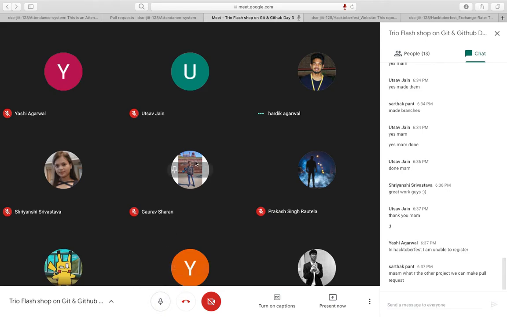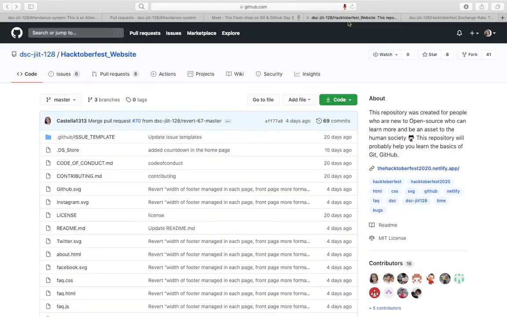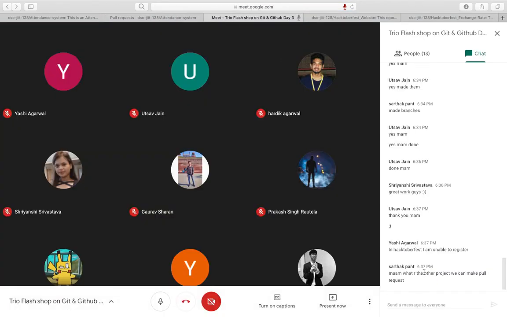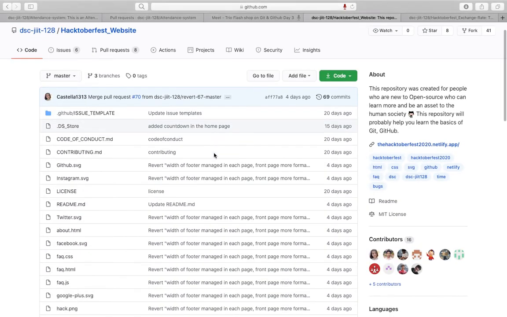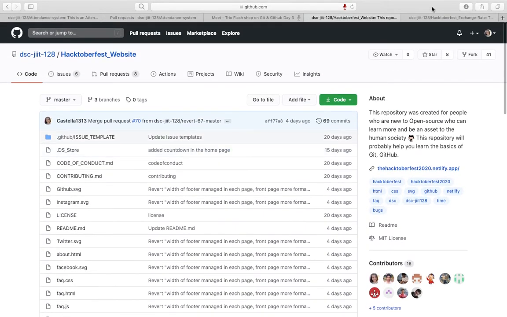Hey everyone, so let me introduce you to the projects that we DSC have created for you so that you can create pull requests and we will be reviewing these. I'm sharing the links with you so that you can check out these repositories. If you are aware of HTML, CSS, JavaScript, you can try creating pull requests in these repositories.